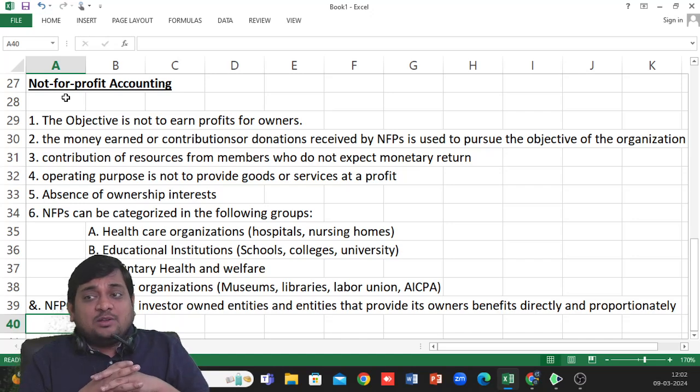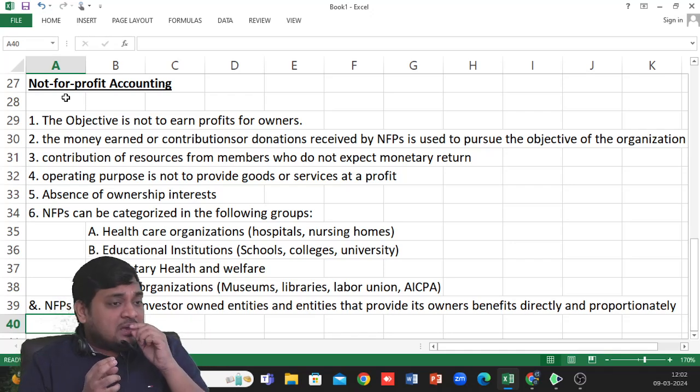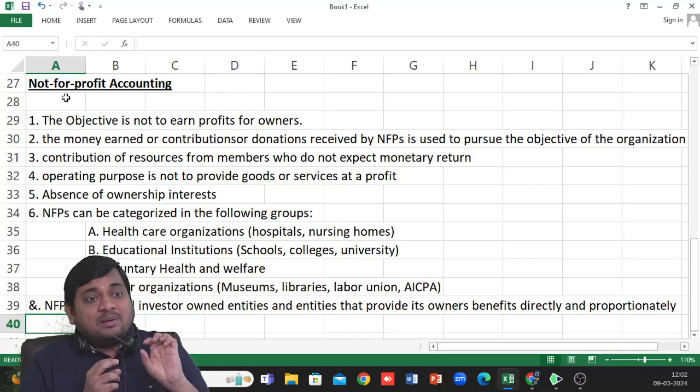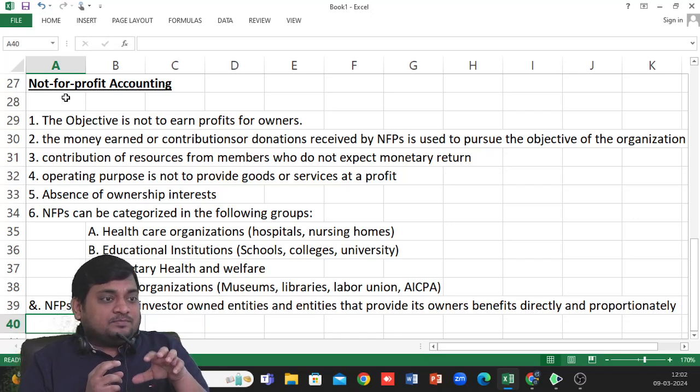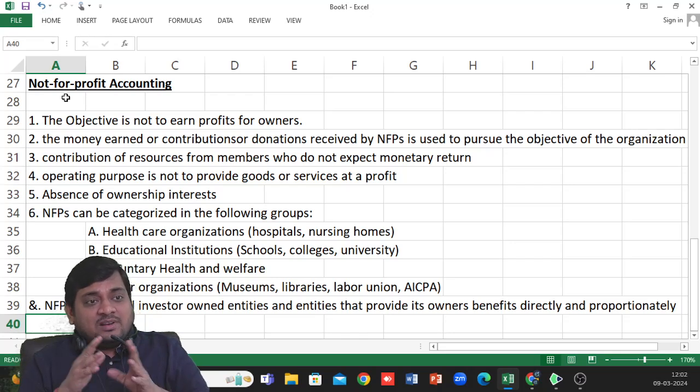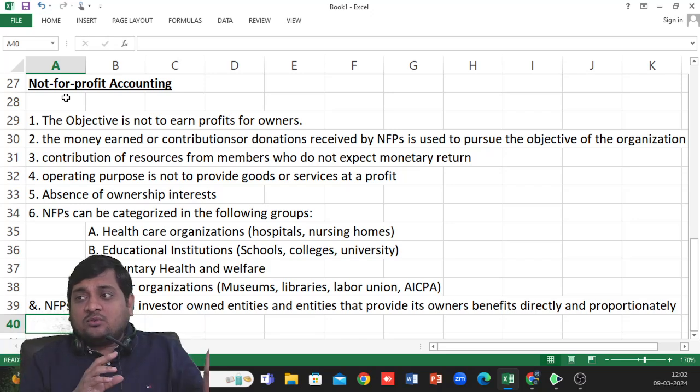Now there are some governmental organizations, those who also work for not for profit, but these are not covered by FASB rules, right? Like in my first introduction, I have told you that it is Financial Accounting Standard Board rules, right? US GAAP. But here, the rules for governmental organizations are being prescribed by GASB, Governmental Accounting Standard Board, right? So that we will cover when we go for governmental accounting. Right now, we are into